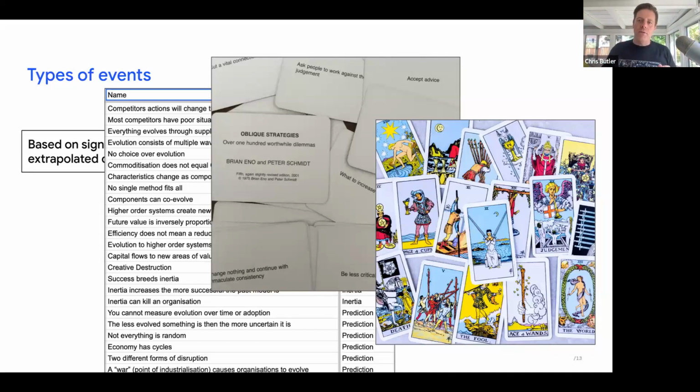Now, to do tarot cards, you need to be a little bit of a charlatan and be able to read them and the symbolism inside of them. But I think it's something that we may try later today. There's lots of different types of events, is I guess what I'm saying. And these range from hyper-specific for a particular use case to these things that are incredibly random. And I think all of them are actually really interesting. And we're going to try mixing a couple of these different ones today.